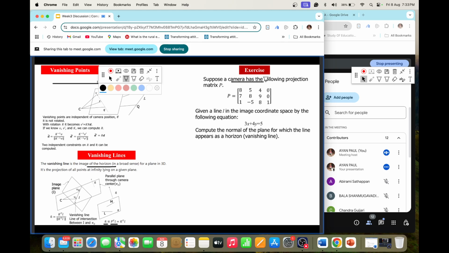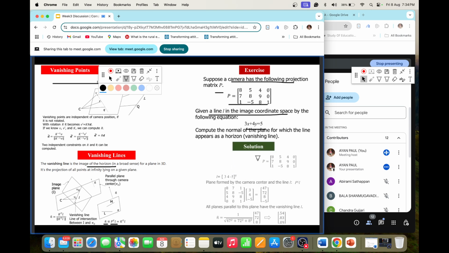Suppose the camera has the following matrix P. P is given, and you have been given a line L: 3x plus 4y equals 5, that means 3x plus 4y minus 5 equals 0. So what will be the coordinates of the line? 3, 4 and minus 5. Simply you do P transpose times L and you will get